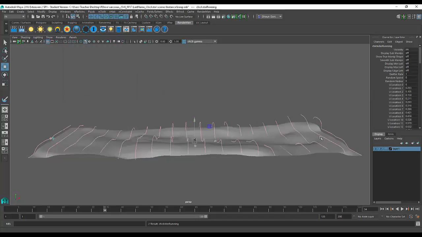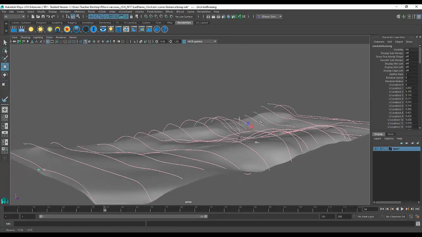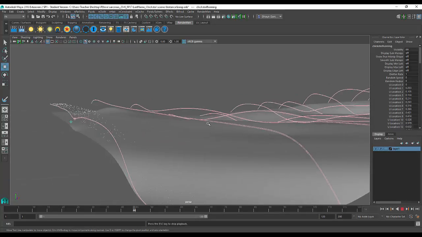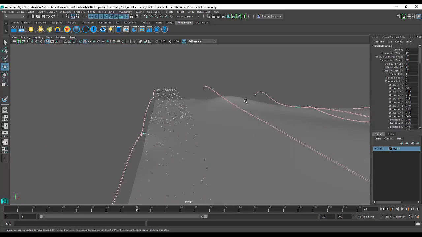All right, so there we go. A lot of stuff on here now. And then if we hit play on this side, see all of them going. Now this is still way too much. Each one of these represents one of our guys. That's way too much. So I need to make sure that I grab this locator, the selection handle, go to